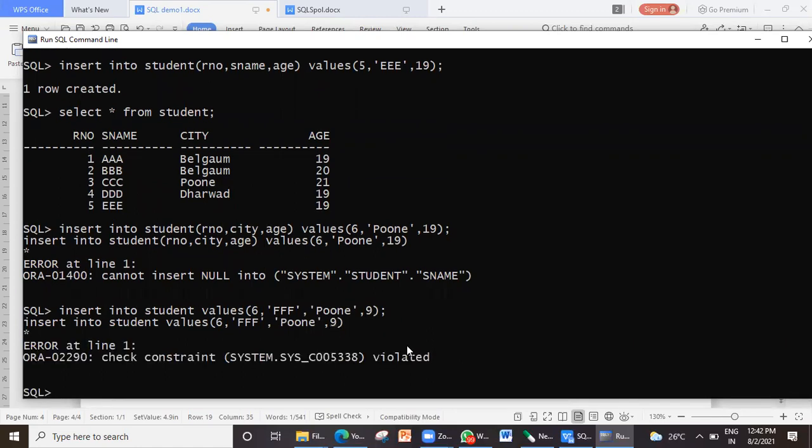I press enter. You can see here it is giving me the error message, check constraint violated. It is giving a message that you're trying to break the check constraint, which is not allowed because I have specified the age to be greater than or equal to 16. So even when I give 16, it will accept.